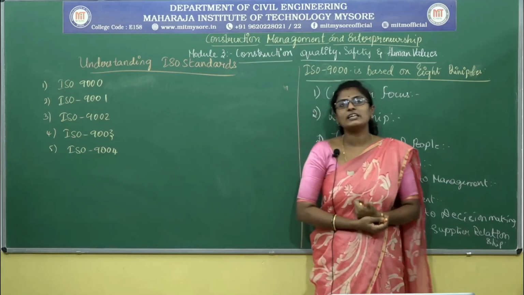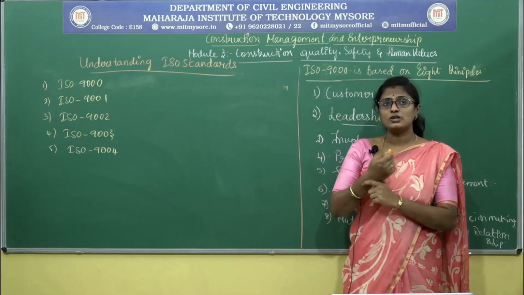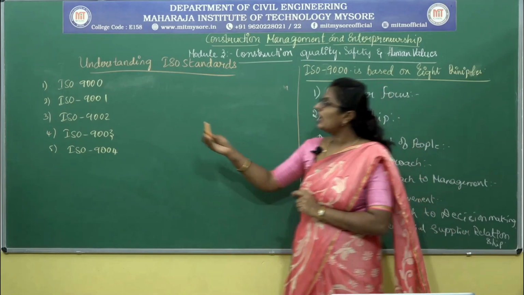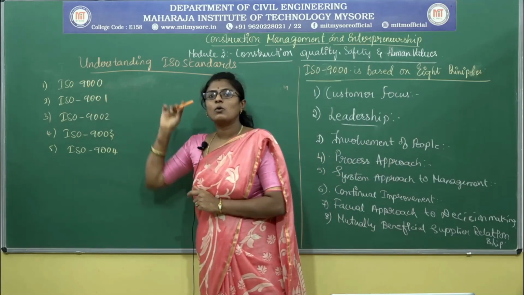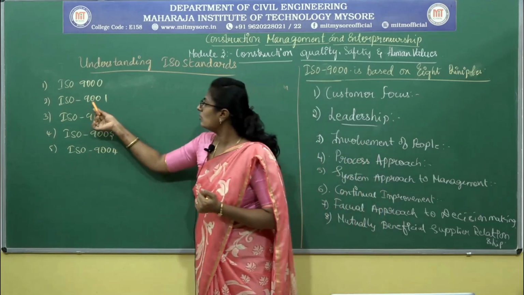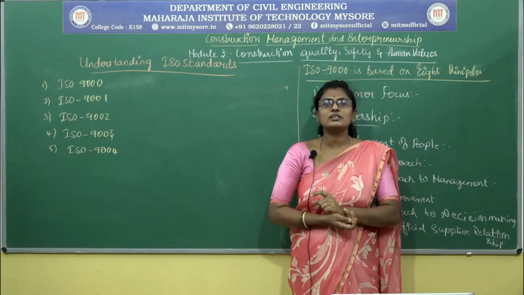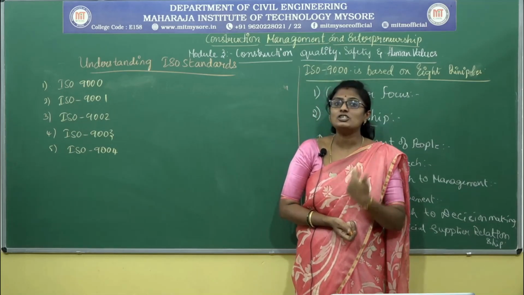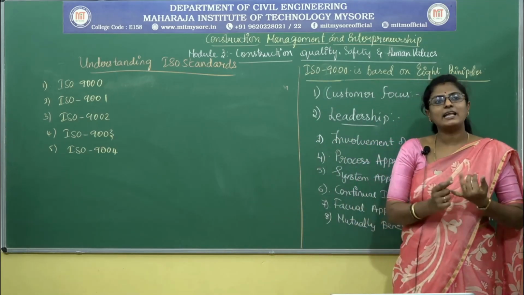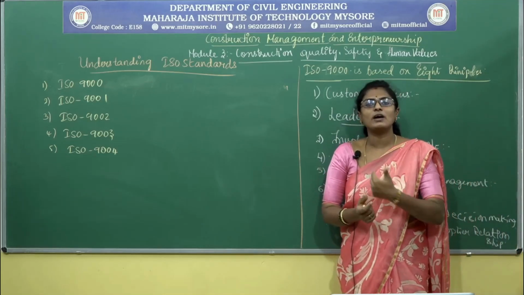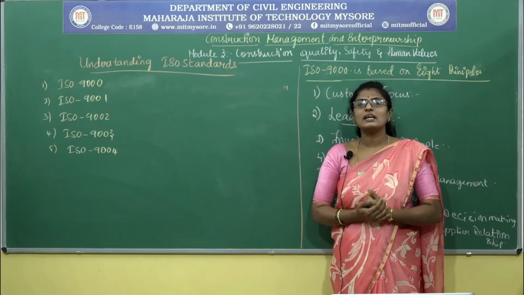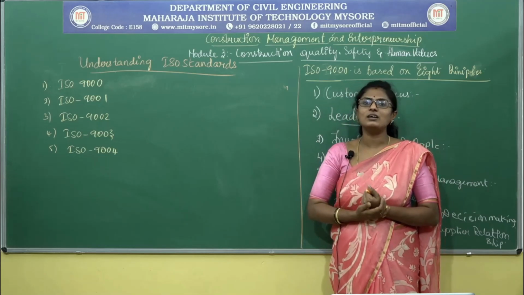So ISO 9000 is the one which we studied before. This section gives the guidance to select and use the quality management and quality assurance standards. Okay, next ISO 9001. This standard section helps in specifying quality assurance in different project stages. These stages include design, development, production, installing and final service. ISO 9002 specially deals with the quality assurance in the production and installation stage of the task.